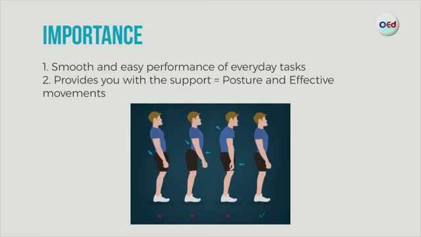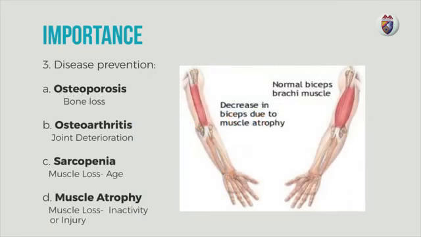When these two components are strong and well conditioned, your movements are fully supported, and you can be assured of preventing yourself from having diseases like osteoporosis, a condition associated with age, where bone loss is apparent. Second is your osteoarthritis, the slow but sure degradation of your joints. Third is sarcopenia, a condition that targets women because of the lack of hormonal production that goes with age. And lastly, muscle atrophy, in which muscles lose their structure and become smaller because it is not developed or because